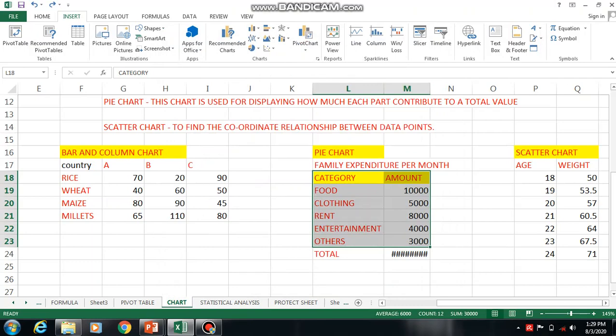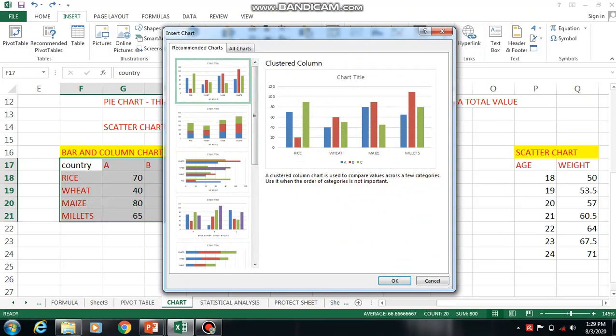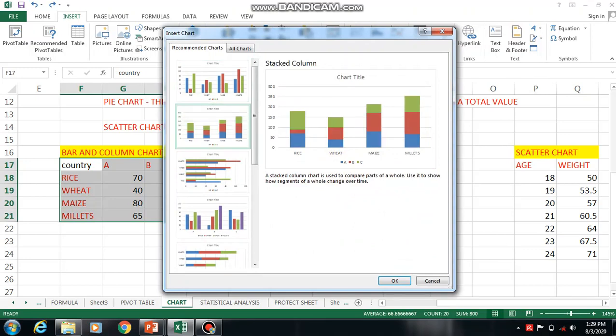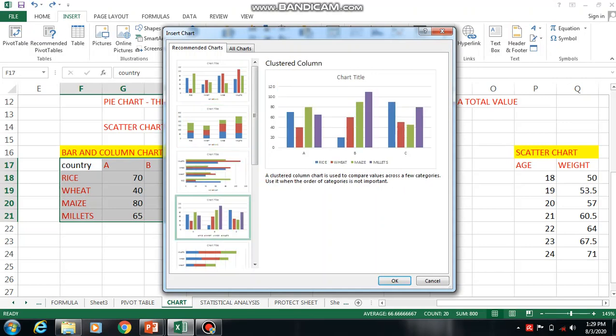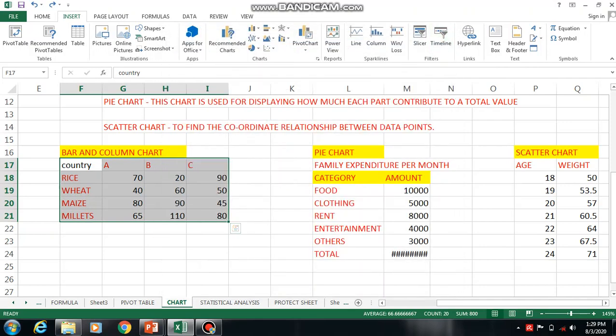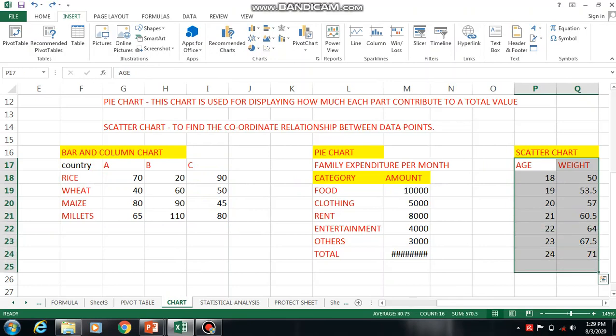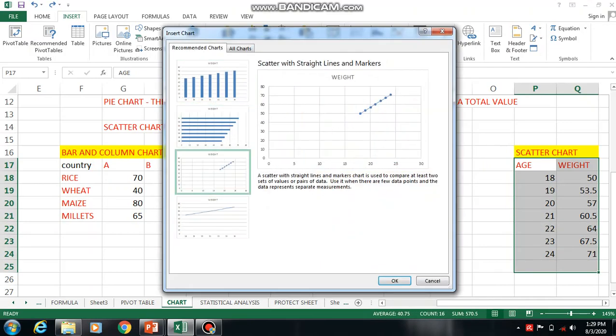Similarly, I select this one and press Recommended Chart, and it recommends component bar diagram, bar diagram or column diagram like this. So it automatically recommends the chart. Similarly for this one, it is showing a scatter diagram like this.